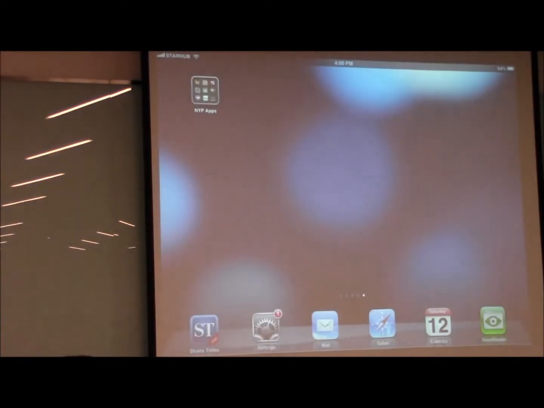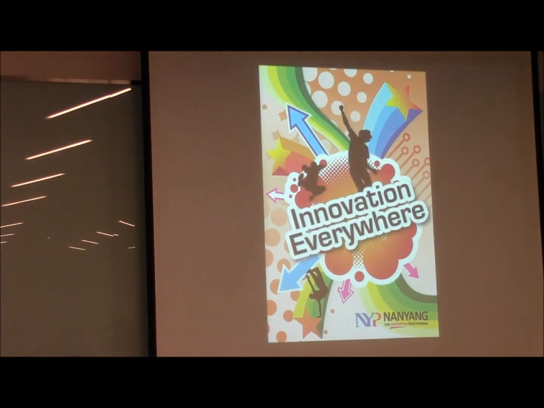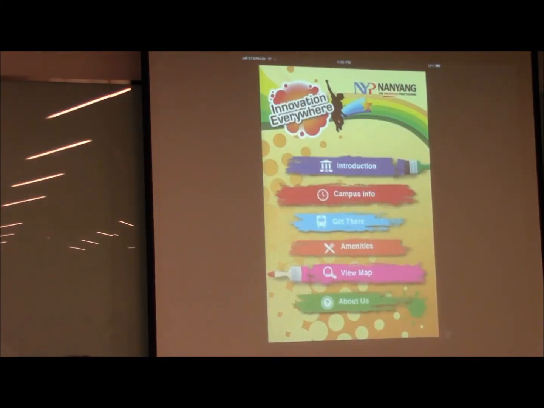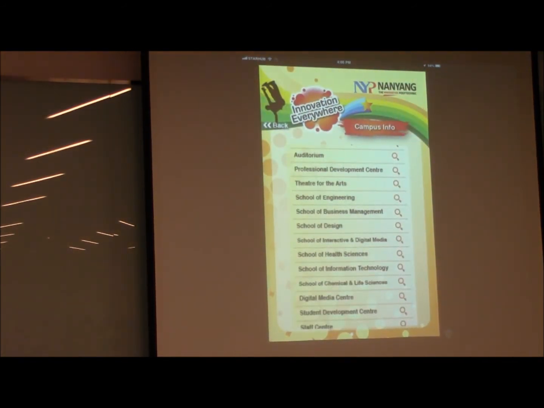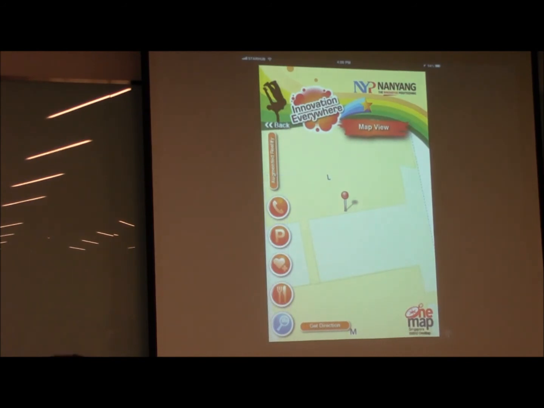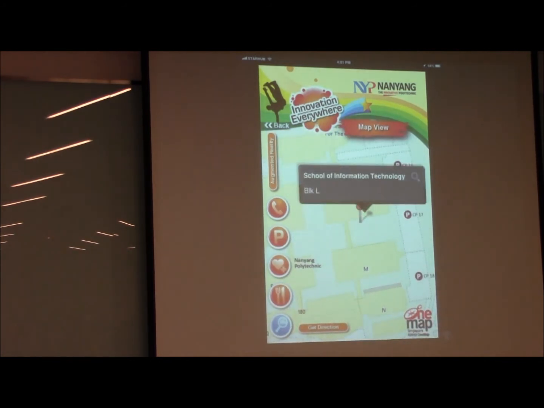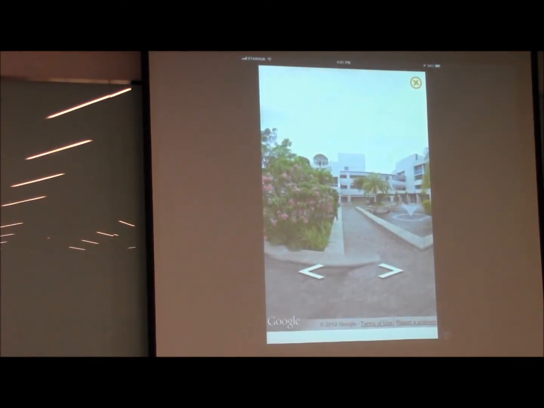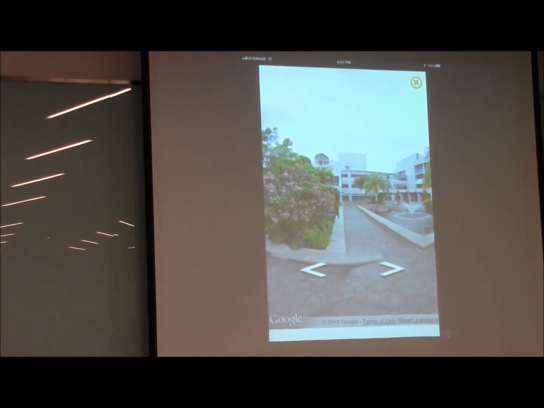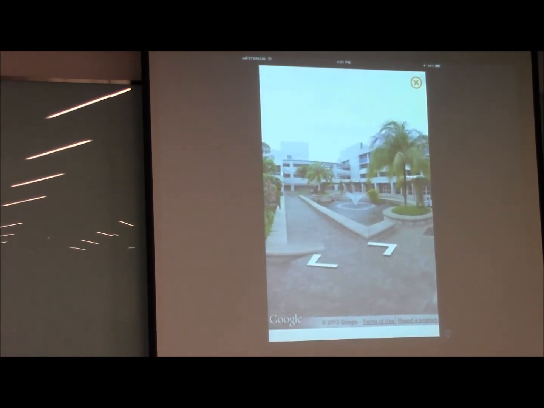So this is probably the last app I want to show you. Using campus info, for example, if you are coming to the School of IT, you can click on this. There's an augmented reality feature that we put in here. But if you want to see how the School of Information Technology looks like, we actually combine it with Google Street View. We did some calculation to convert, I think John has shared with us that they use two different kinds of coordinate systems. One is SVY21 and the other is WGS84, so we convert them, we identify the point. So this is actually where my campus looks like.